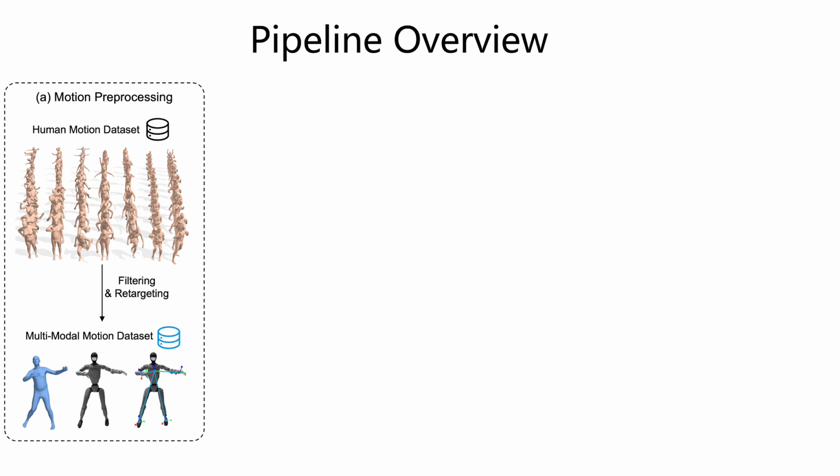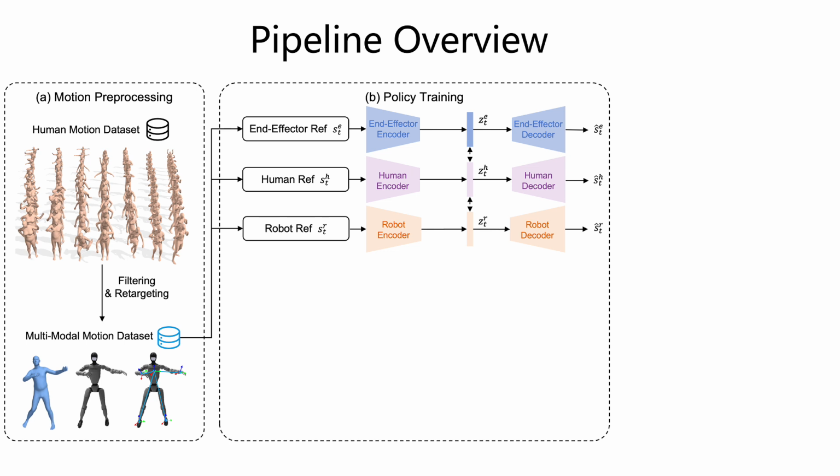First, we collect human motion data and perform two preprocessing steps. We remove noisy and redundant sequences to improve data quality, and then retarget human motions into a standardized multimodal dataset for policy learning. In the training stage, we design independent encoder-decoder structures for three reference modalities: end-effector, human motion, and